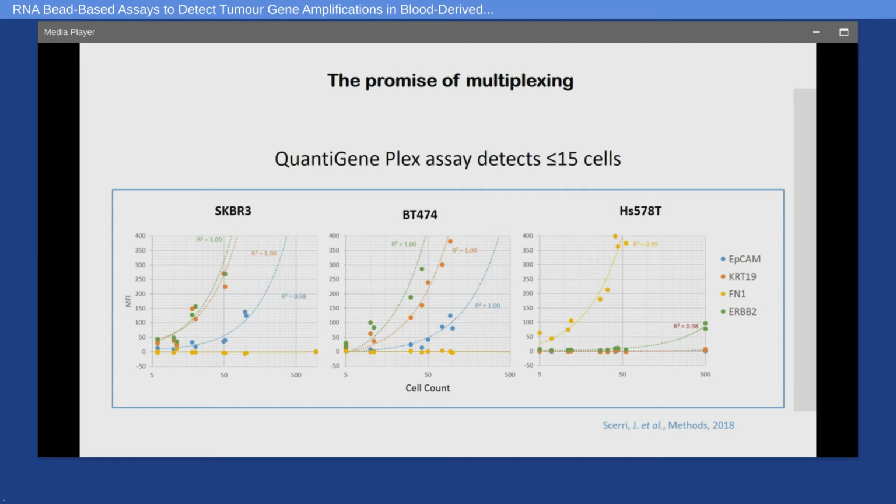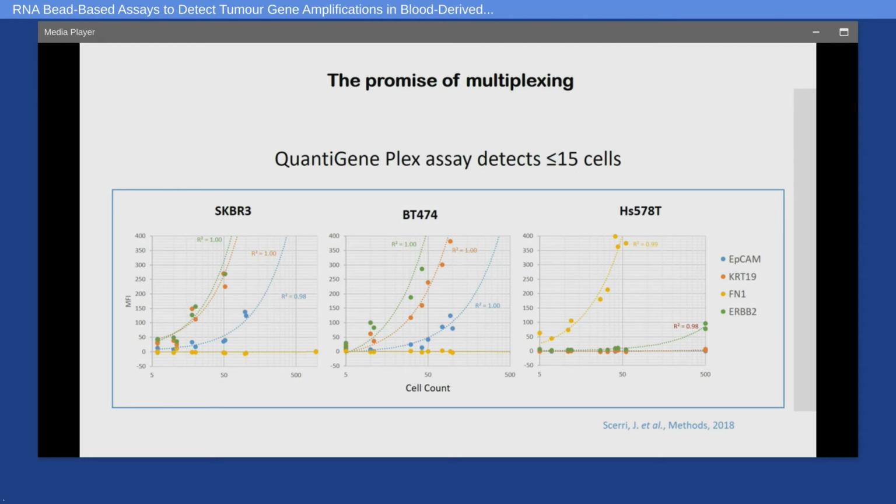Whilst using this cell line, we can see that again AbCam is high, but you don't detect lower than 40 cells. Whilst with HER2 and cytokeratin 19, we can go down to 15 cells. That all depends on the expression level of these markers. Now look at this. This is totally different. HS5780 is negative for everything except FN1. And with FN1 we can even read 5 cells. So the importance of multiplexing in actually